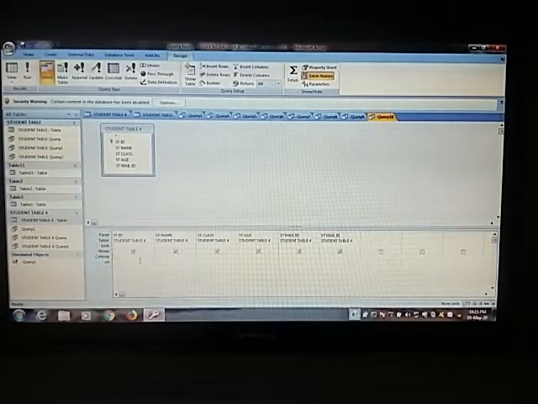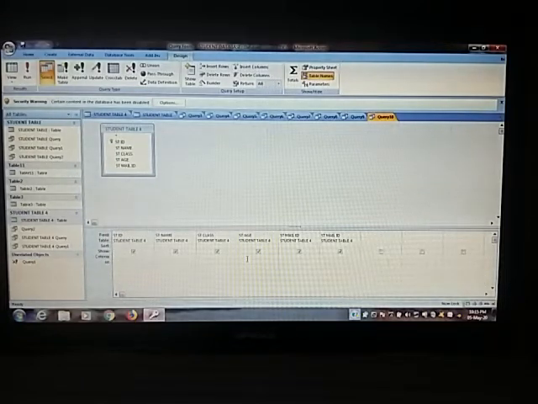Criteria means if you want to find a specific record, we use the criteria. For example, we want to find only the student age between 11 and 14.